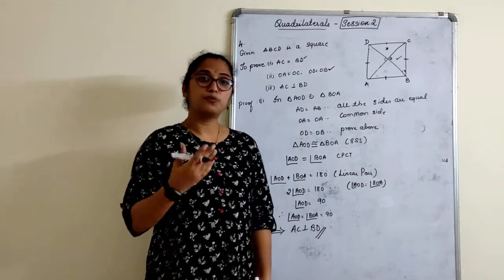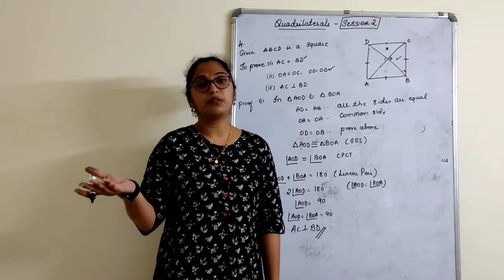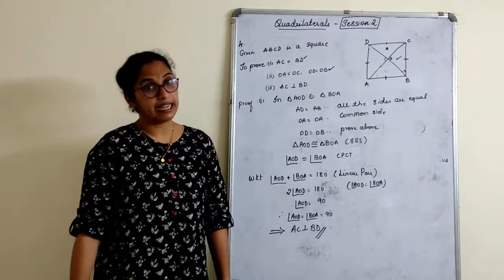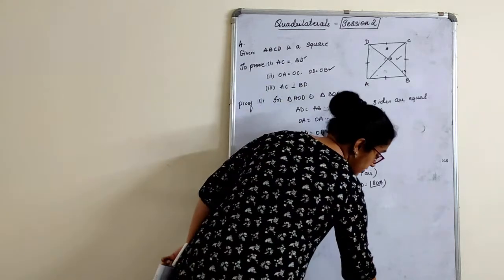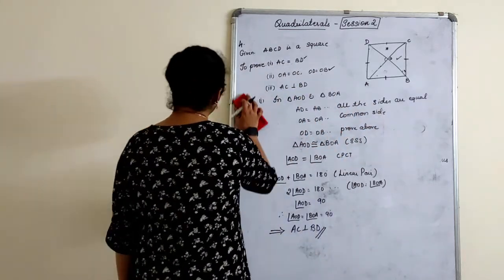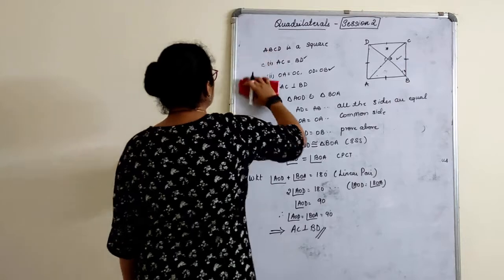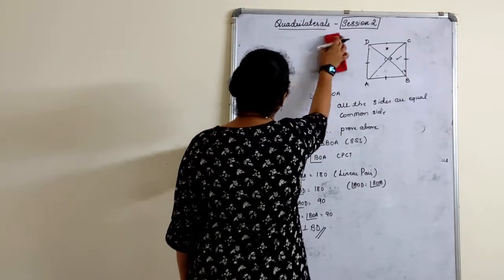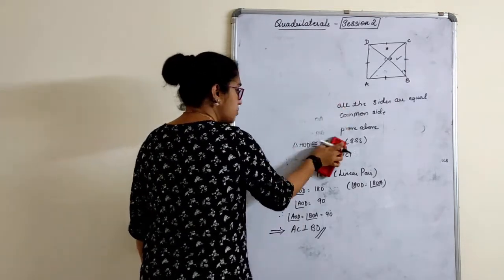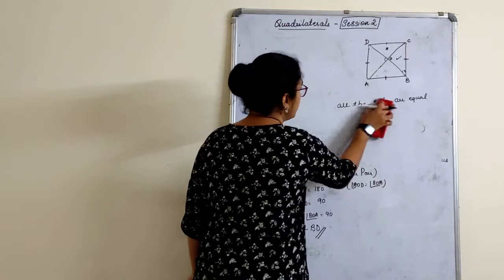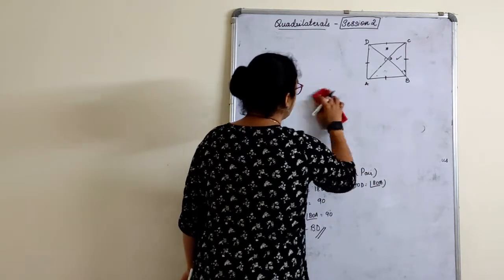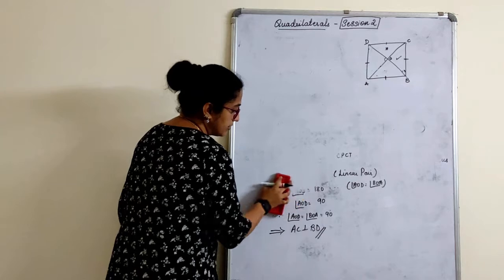That means first prove that it is a rhombus, then prove that each angle of the rhombus is 90 degrees. That's more important, because in a square all the angles are 90. That you have to prove. So here the whole chapter goes in this. Prove that a quadrilateral is a square, rhombus, rectangle. That's what I told. The properties should be known very thoroughly and clearly.